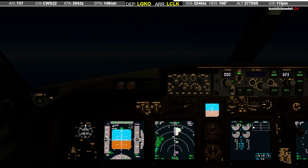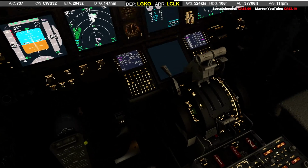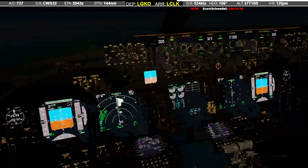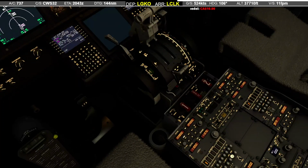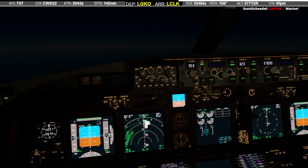That is now set. Radios, we're still on Unicom on COM 1 and guard channel on COM 2. Localizer, ILS frequency and course, not required. We are going into an RNP approach. However, we will set up the Larnaca VOR, that's 112.8. So we'll come down here, 112.8. It is now entered in. We can see it there. We turn the dial, we can see it. Now we're going to set that. That is set pretty much right on the runway. So we're going to use this for our